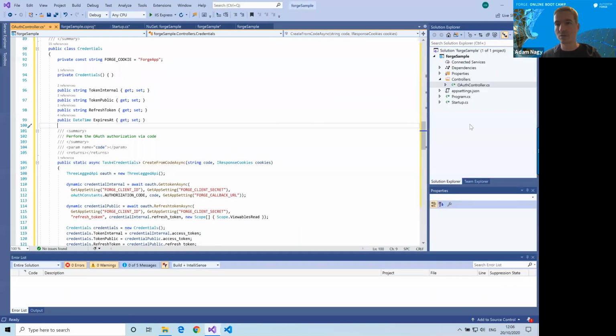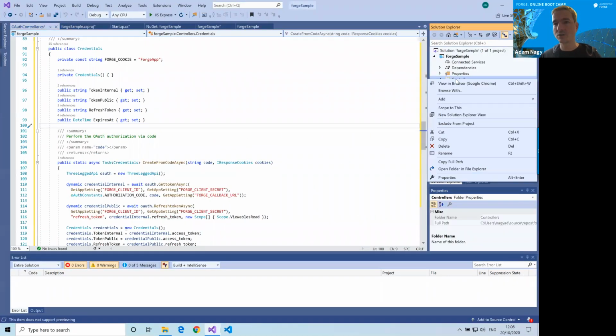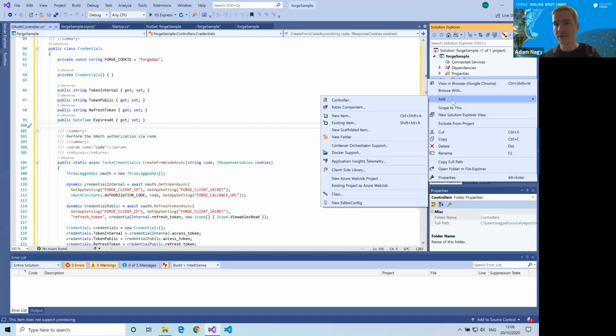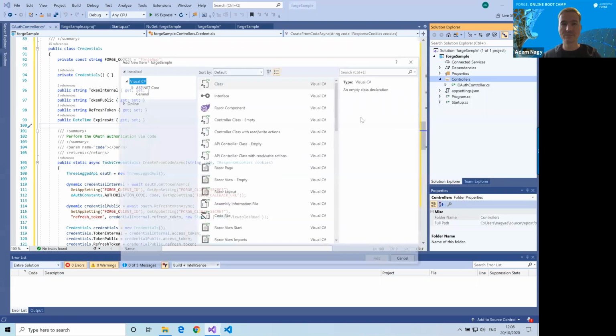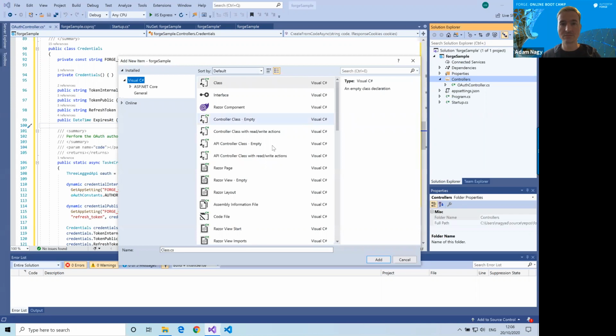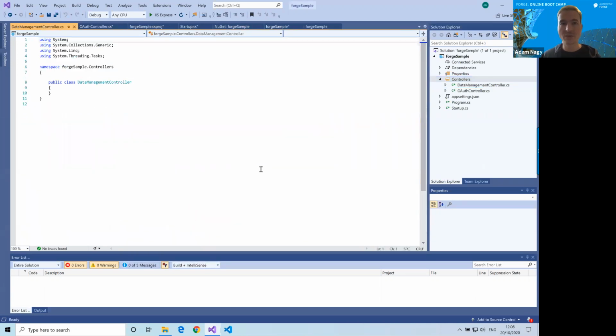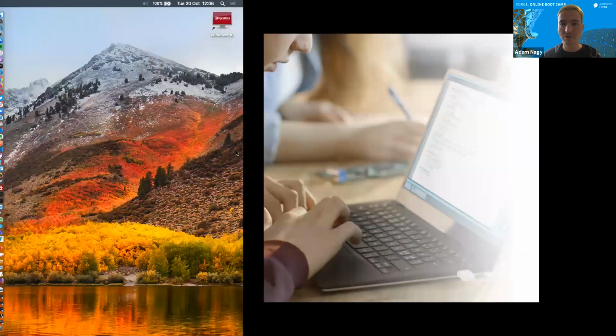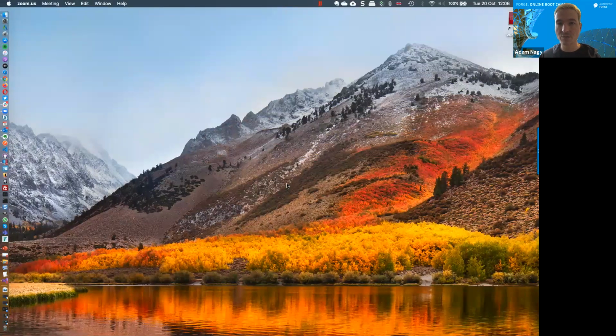So let's just go back to the code. You can right click on the controllers and say add new item, and then just rename it. There seems to be, I just quickly check. Can we show the translated models from this to